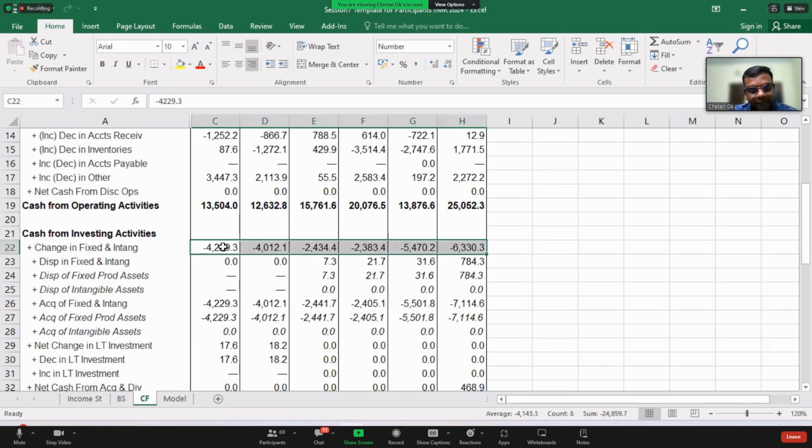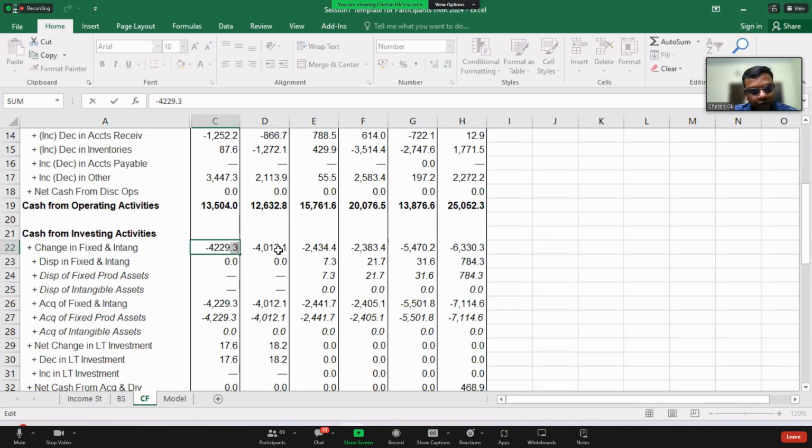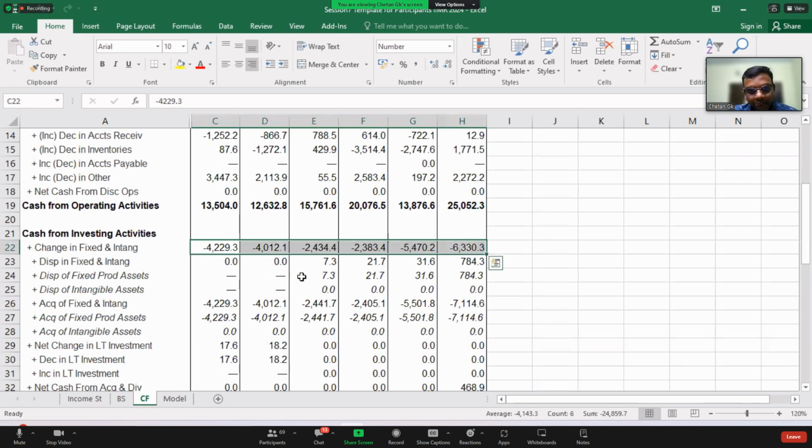In cash flow from investment activities, there is a minus figure. Why is there a minus figure? The cash is moving out of your business. So it is a minus figure, 4,229.3 million rupees. Change in the fixed assets and intangible assets is actually what the capex was for the year. Minus depreciation and amortization. If you do it, you get net capex. Is it clear?